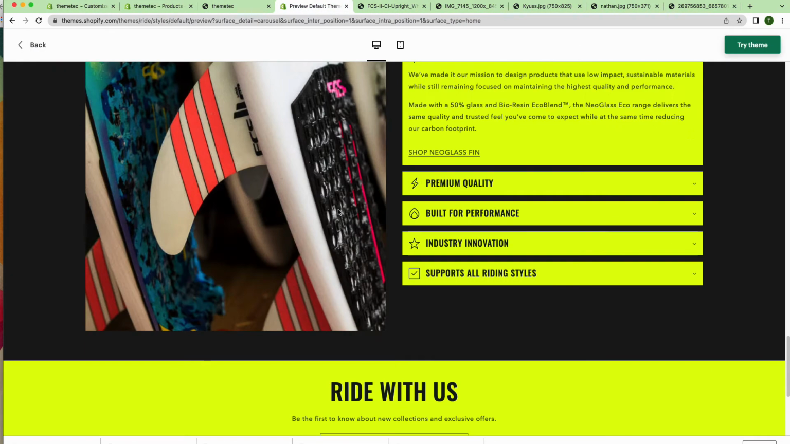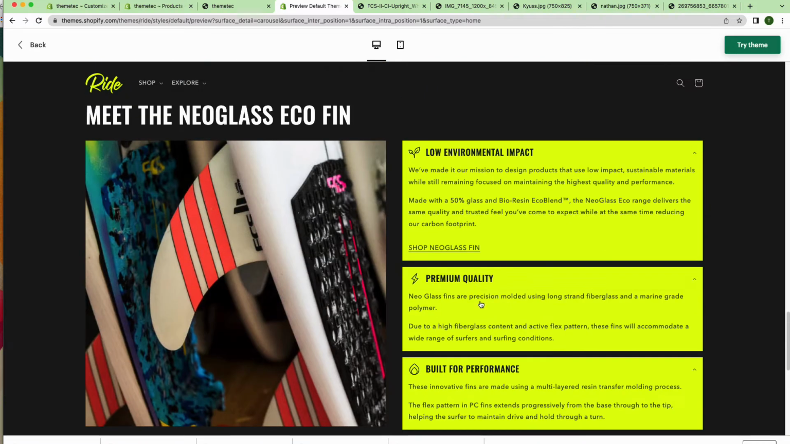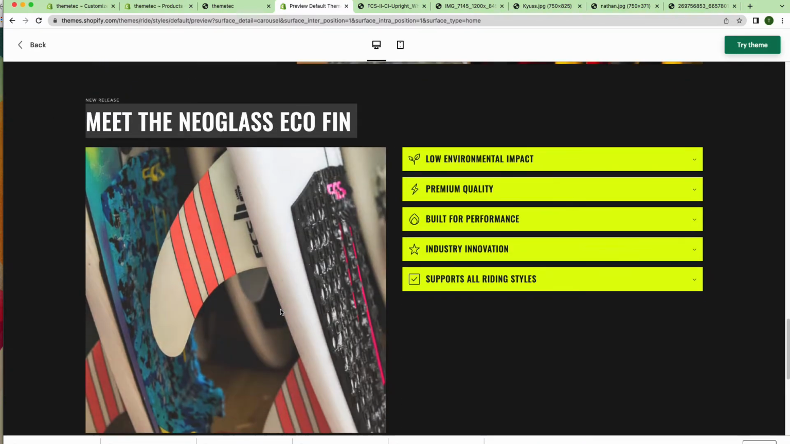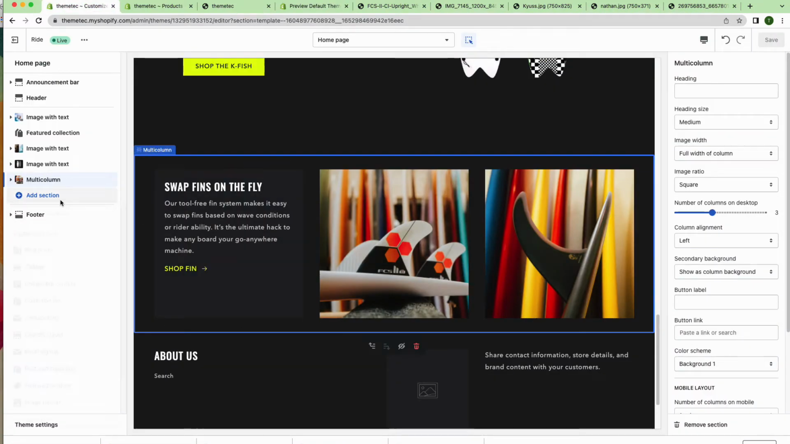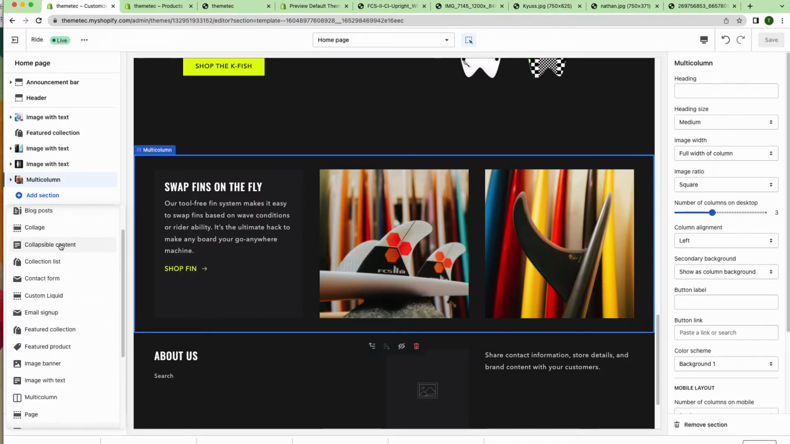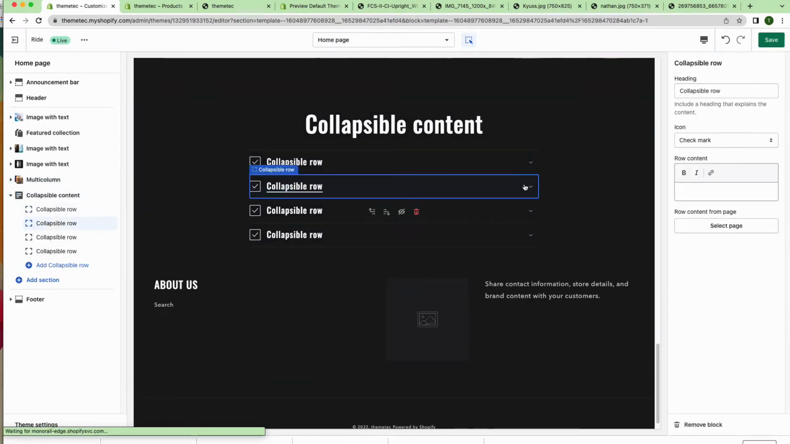Then for the next section, we have something like this. Okay, so we have some information and a heading and an image. So to do this, what we need to do is add new sections, and that will be collapsible content. Okay, so if I click on that, then we have some collapsible content here,